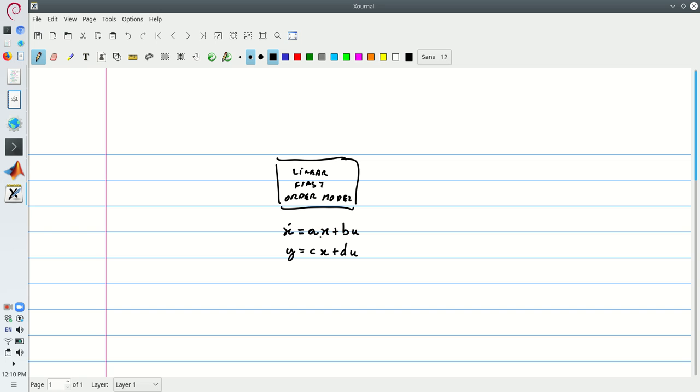And all these quantities here, a, b, c, and d, they were scalars, so they were defining this box that is our model. And what we did was to inject as input u a